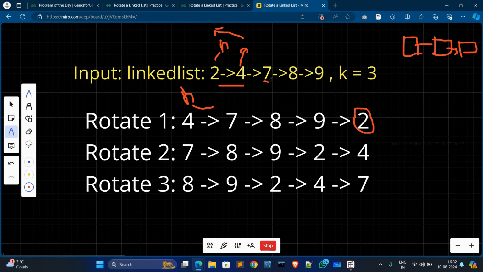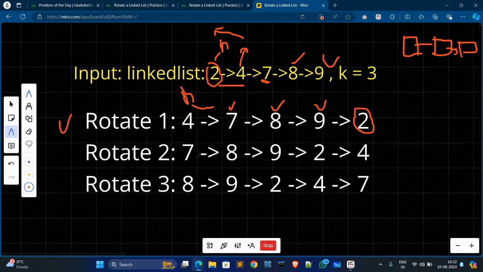Now this 7 will shift left one space and come to this position, this 8 will come to the third position, and this 9 will become the fourth position. The first node 2, our previous head, will go to the last node. That's it, it is the first rotation.